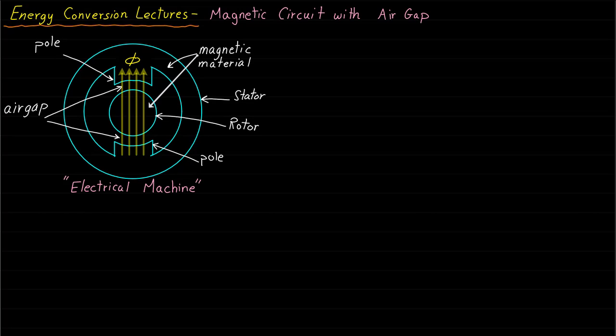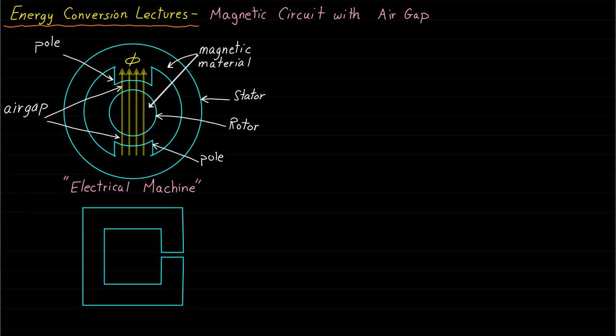To maintain the same magnetic field lines, the air gap will require much more magnetomotive force compared with the core, or the magnetic material. In the second type of applications, such as a reactor or inductor, the air gap is mostly added to